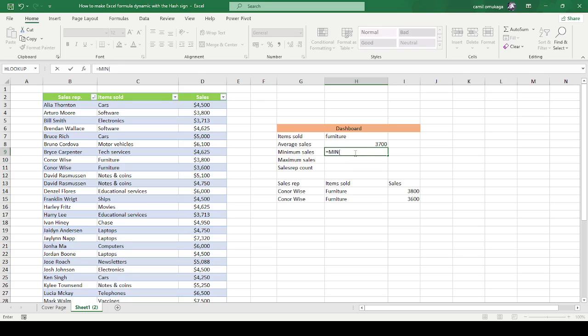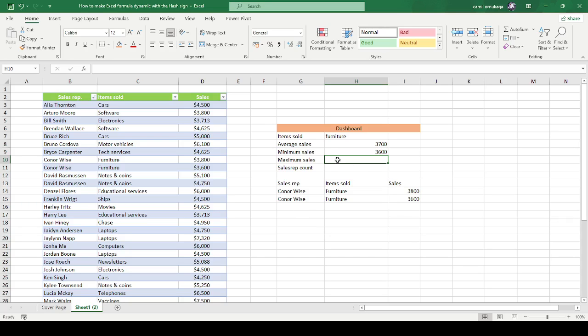So I just hit that, and as I had done last time, I come and highlight that data. I input the closing parenthesis and hit enter. The minimum sales for furniture has returned to you, as you can see from the screen, at $800 and $3,600 for those respective